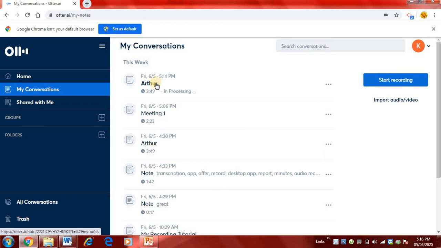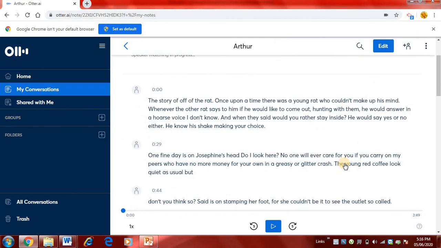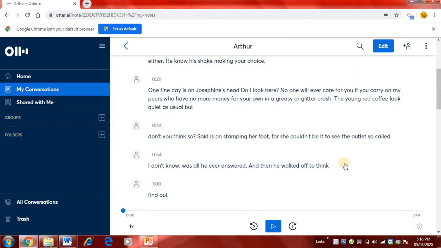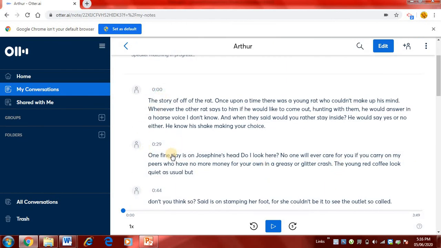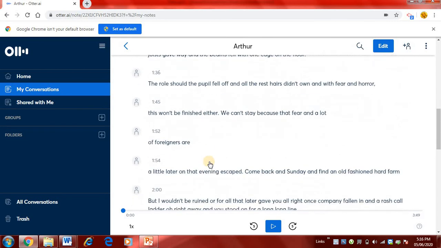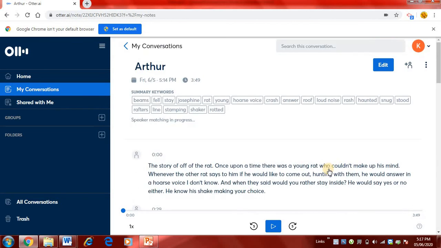So now it is still in processing, but still I want to open and see whether it has started or not. So if I open and see, based on the gap, with the difference in the time, it has generated the paragraphs, right? So if you see, the story is being converted and finally it will show that it is done. Right? And a few keywords have been identified.